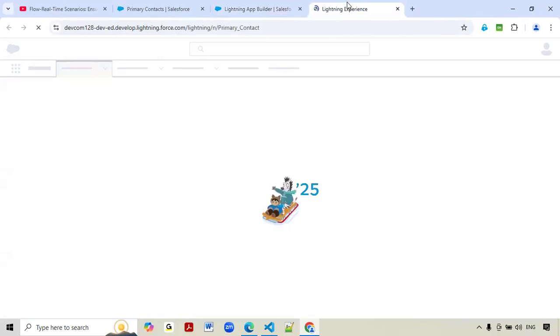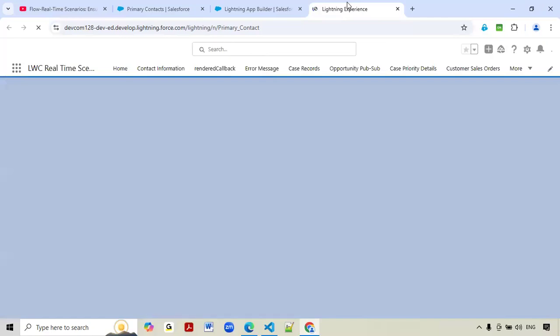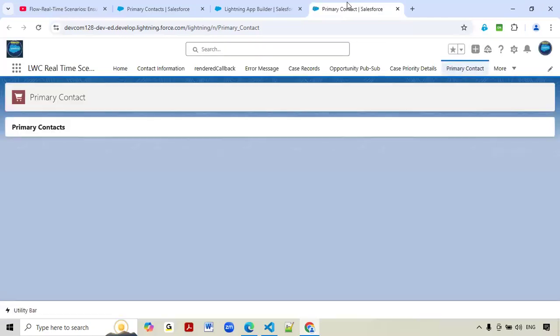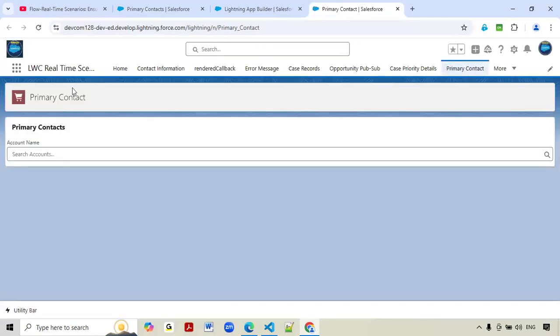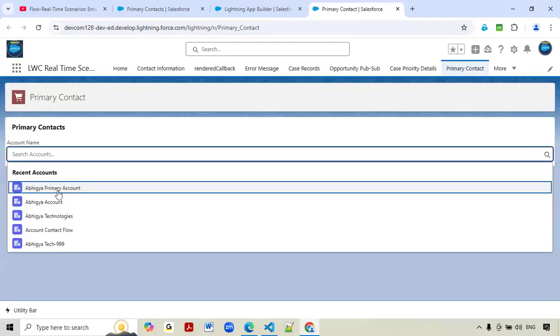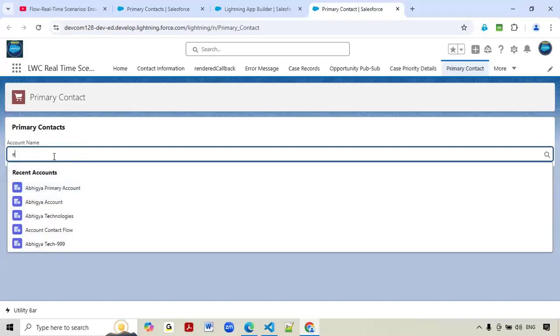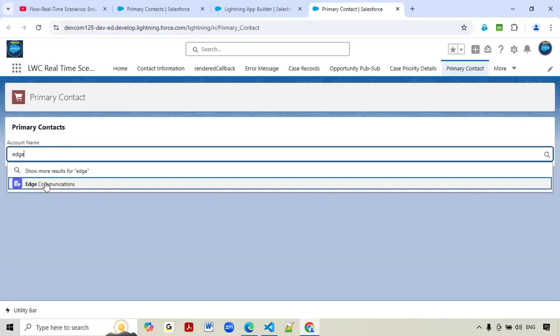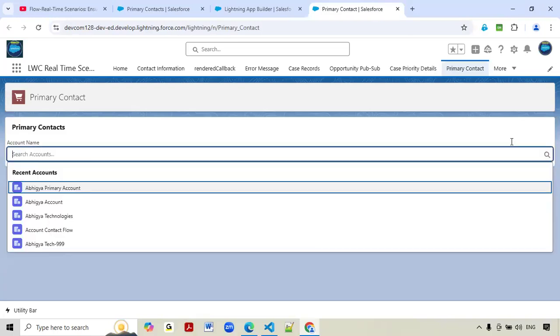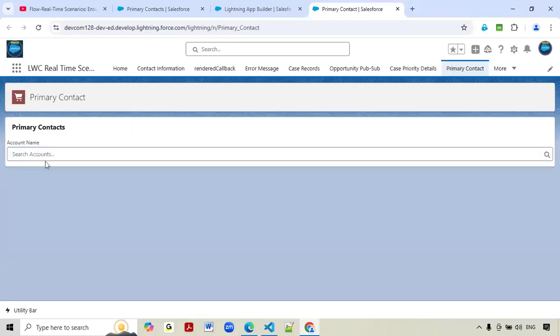This is the one app page we created. Why? Because we need to access our LWC component. Let's see here. I'm giving the account name. Now I can select any one of the accounts like this. If you want to search, you can also search by unrelated information here also like this. So our next step is, once the user selects an account, that account ID,